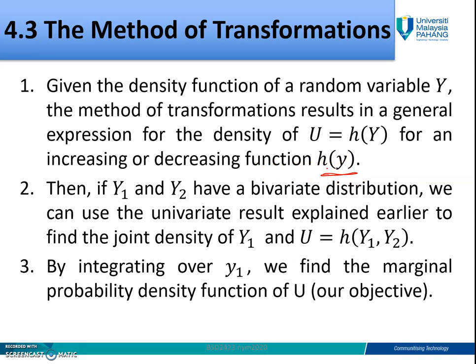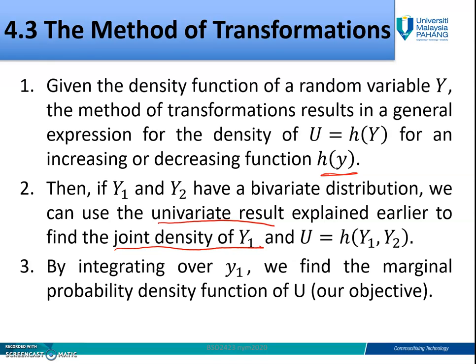Before this you only have U equal to Y1 plus Y2, for example, but now you have U equal to a function of Y, for example Y squared in the previous video. So this function h(y), is it increasing or decreasing? Then if Y1, Y2 have a bivariate distribution, we can use the univariate result explained earlier to find the joint density of Y1. If you look at the previous example, the last example for 4.2, in my video part 4,